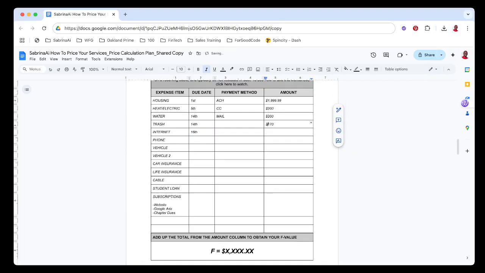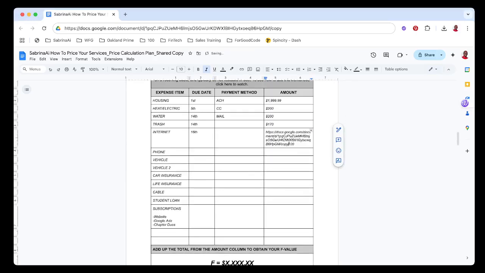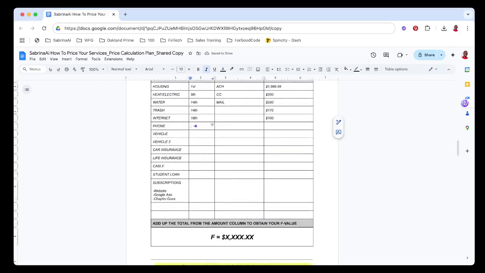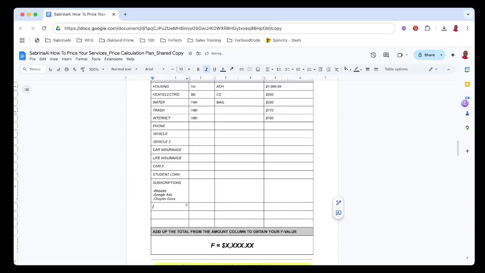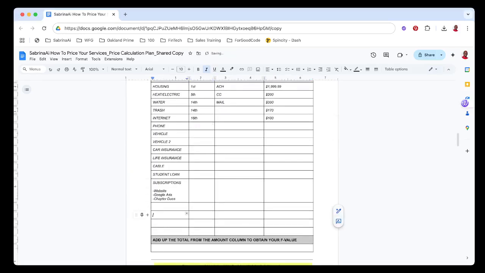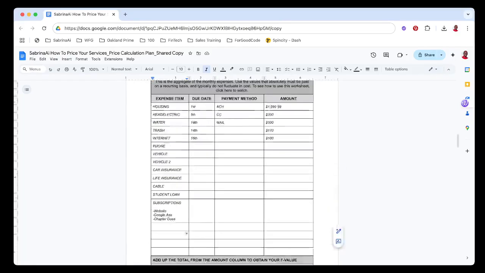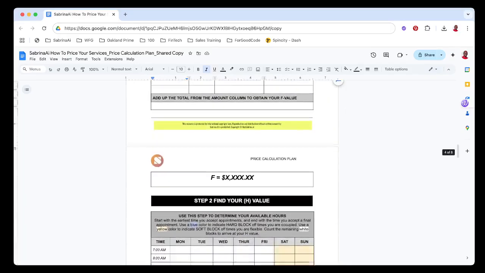And again, just go through all of your expenses on the month. Let's say this is 100. So go down the list and you can make additions. If you need to make extra lines, then you can use this symbol here to make an additional line if you need. And once you get to the bottom, you're going to tally up your numbers. You're going to add these all up. And again, like the example, let's just say this number is